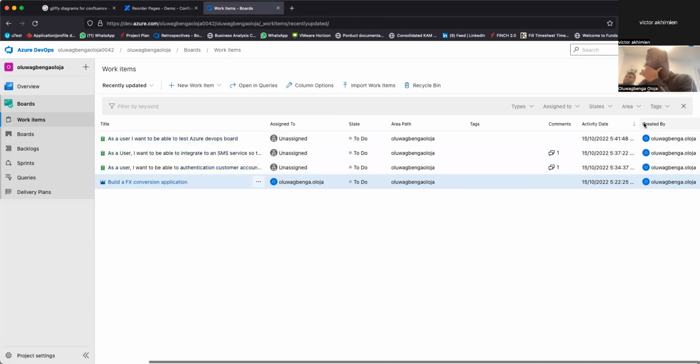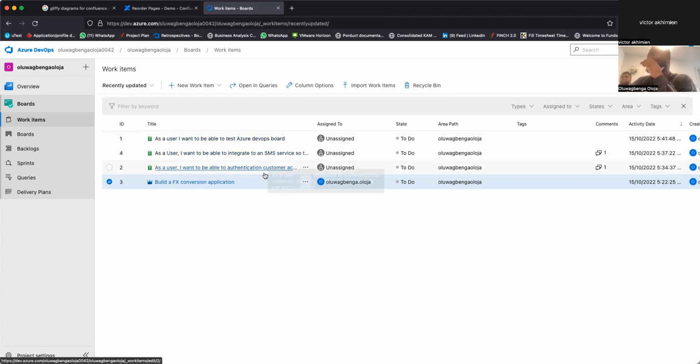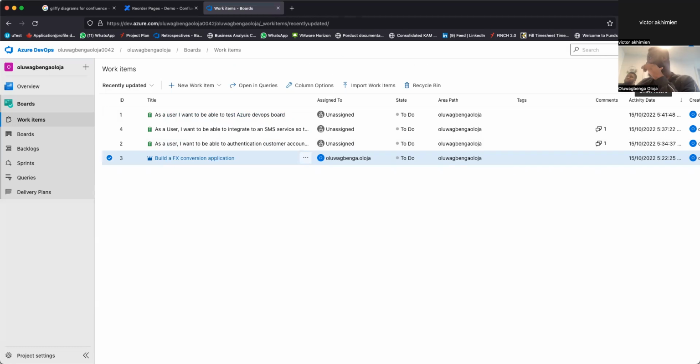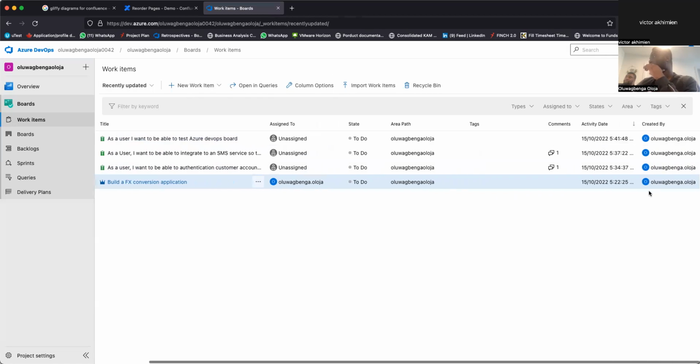It is sorting based on how you created them. But I can change that if I want. You can change it from the drop down there at the left part where you have recently updated.